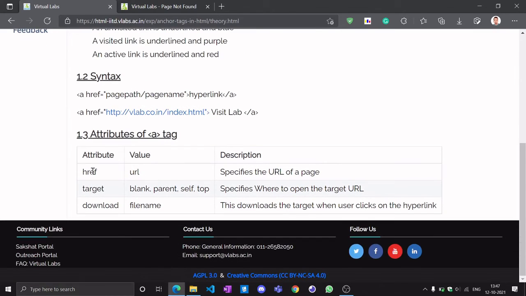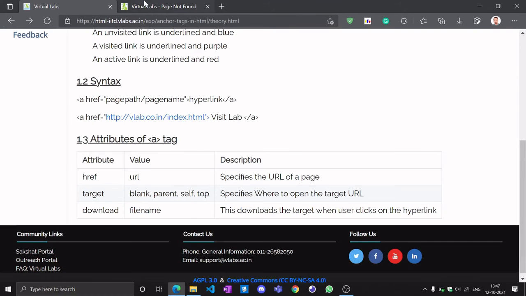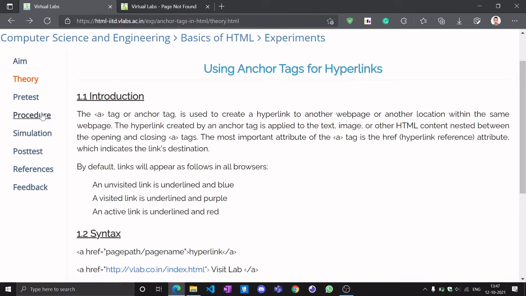So href is an attribute for mentioning the URL. And target, like _blank, is used for going to the next page, and _self and _parent can stay in the same page. So if I click this, it will open in the same page. If I mention _blank, it will open in a new page.